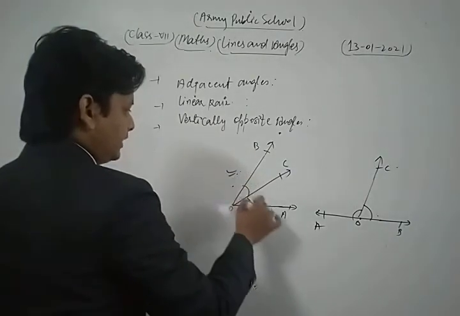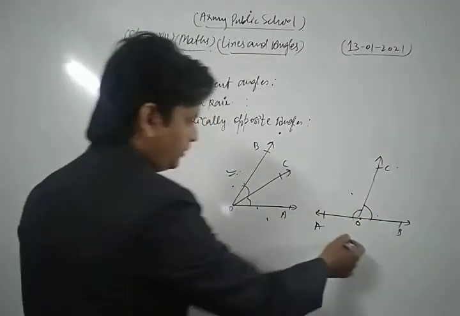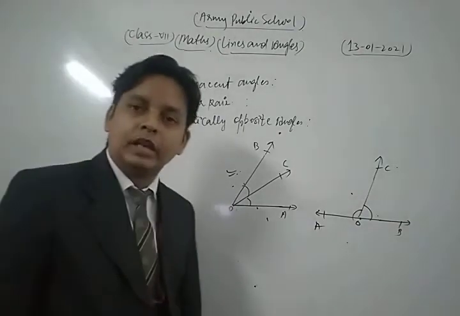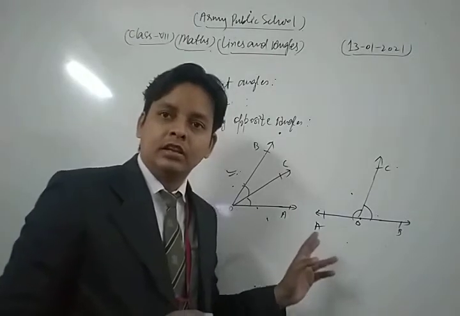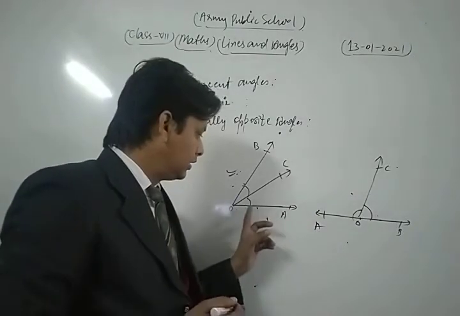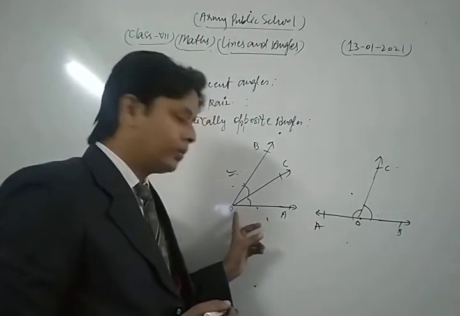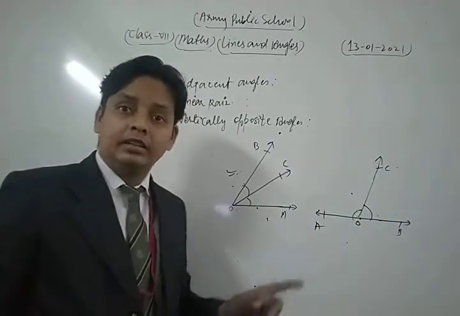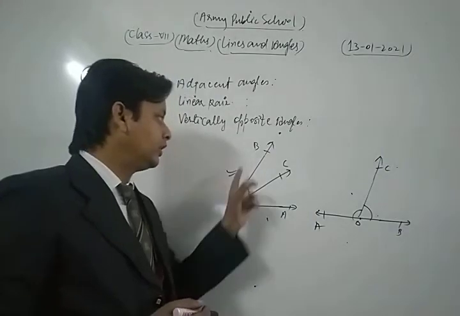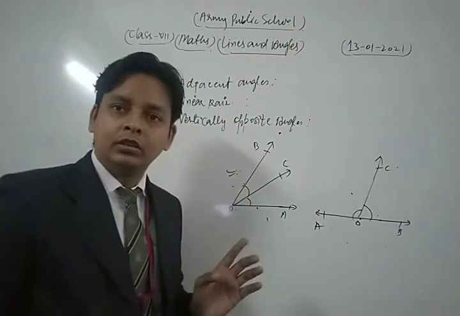This is a pair of adjacent angles and this is also a linear pair. Because, dear students, in adjacent angles they have the common vertex, they have the common arm, and their non-common arms OA and OB are